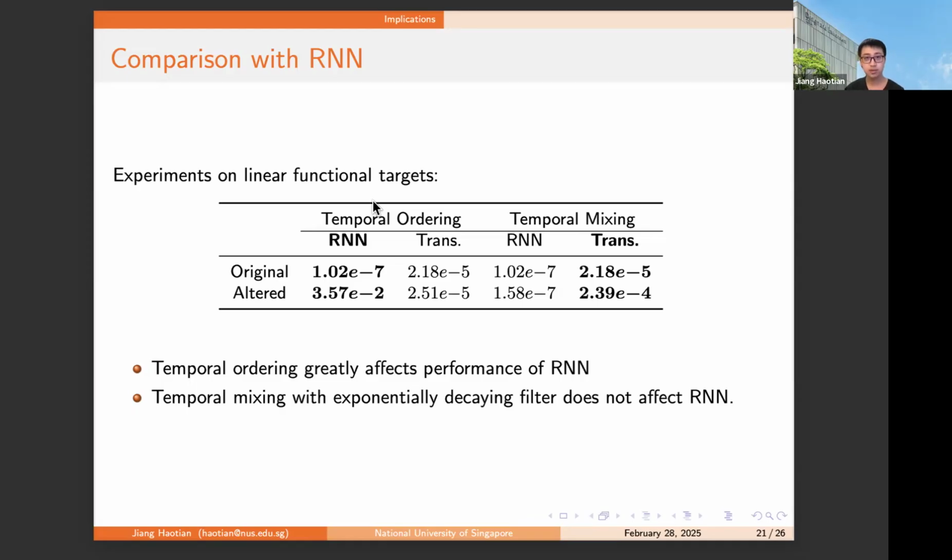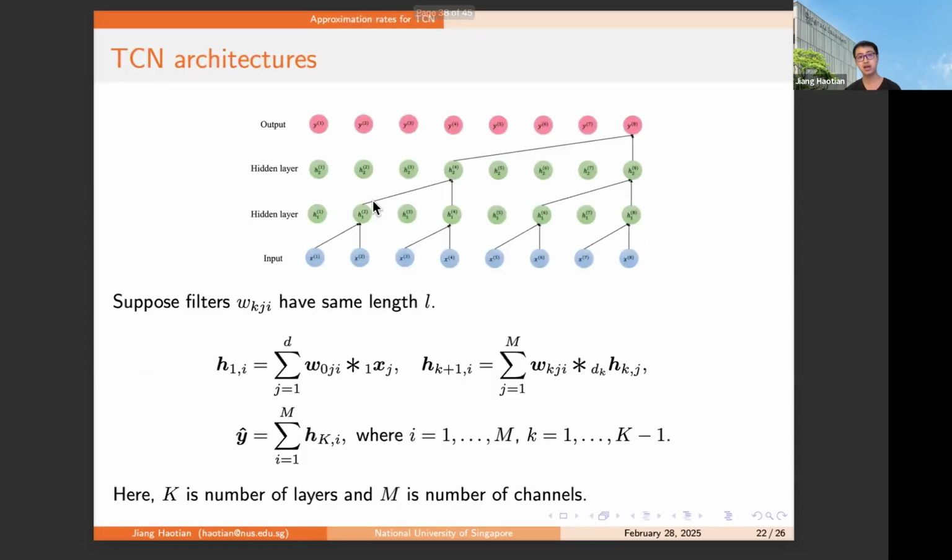Okay, since I still have a little more time, I think I will also give a brief overview of the approximation rate for temporal convolution networks. Basically, a temporal convolution network applies a 1D convolution to the input sequence. Here W is the convolution filters, and